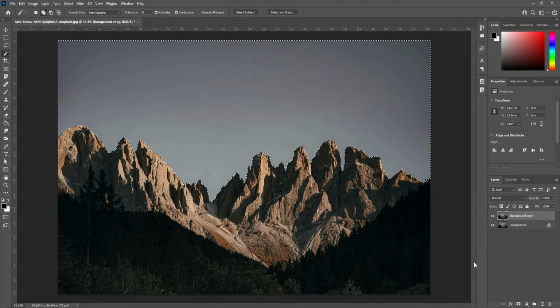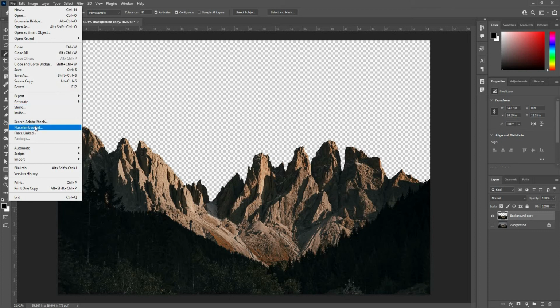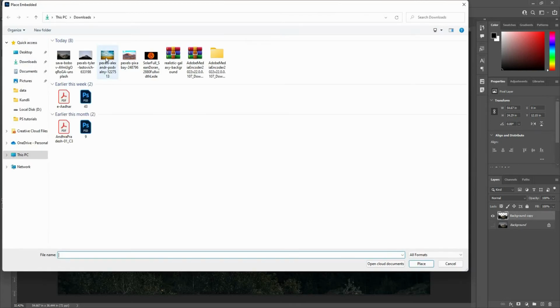Now if I give delete, then the pixels of the sky will be deleted, and if I switch off the visibility, as you can see, there is nothing behind the mountains now. I can replace this with another sky. I'll go file, place embedded, and I'll choose this sky. Place,